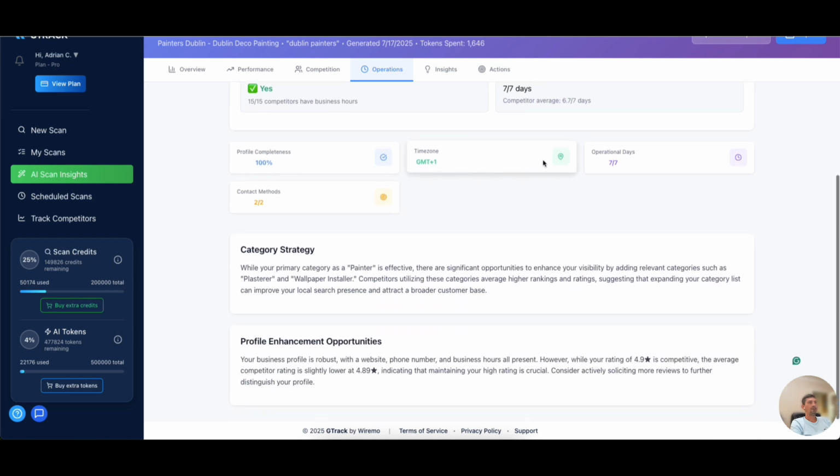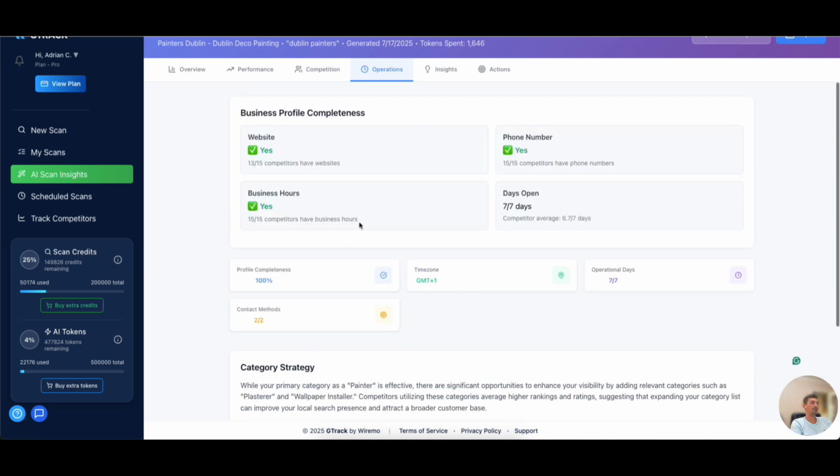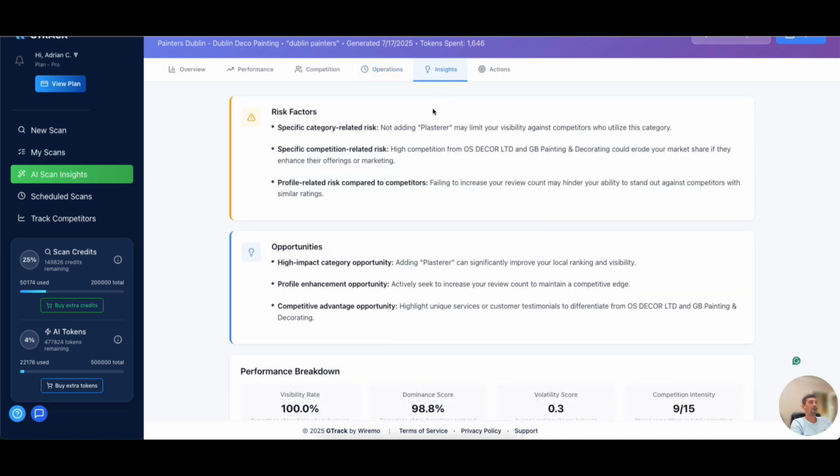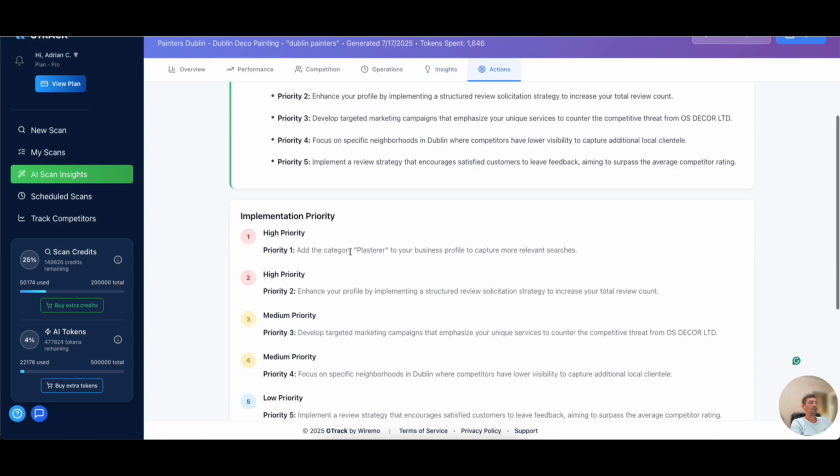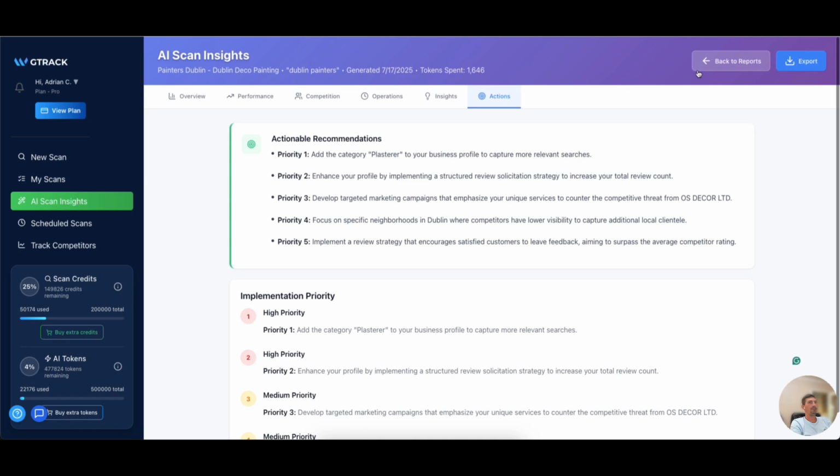Profile competitiveness, their time zone, contact method, category strategy. Yeah, suggest us to add some categories. Yeah, actually AI still fails. We have to train this AI agent more to give us better insights, some actions like by priority. Again, not very happy about this, but it will be improved